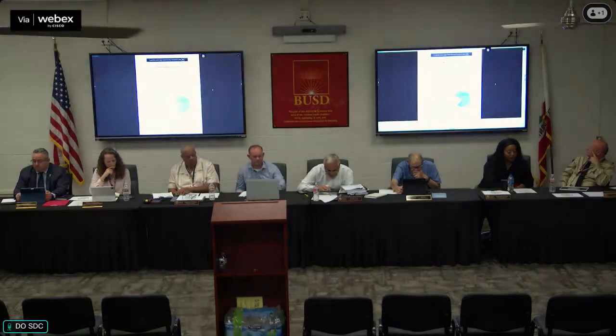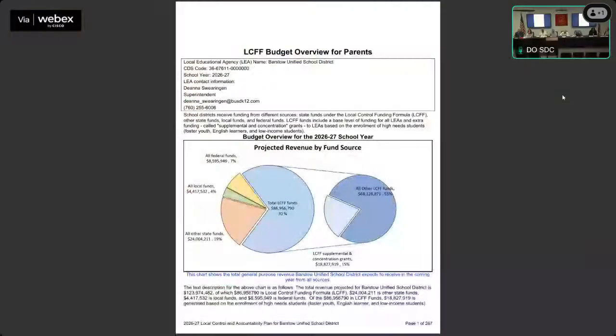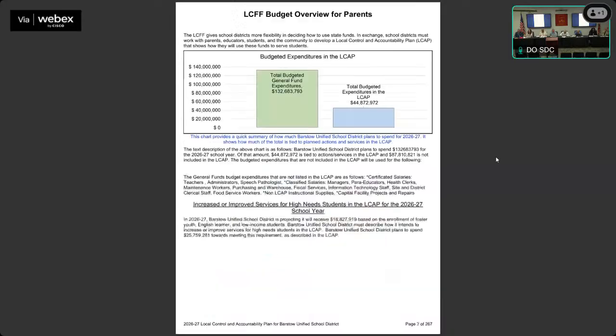This LCAP outlines BUSD's strategic roadmap for academic success, developed through an inclusive process involving school leaders, teachers, parents, and community partners. It reflects a diverse perspective and data-driven priorities. It's presented to you today in draft form to elicit any public responses as needed. The framework is structured around 14 goals. The first 3 goals are broad district goals.